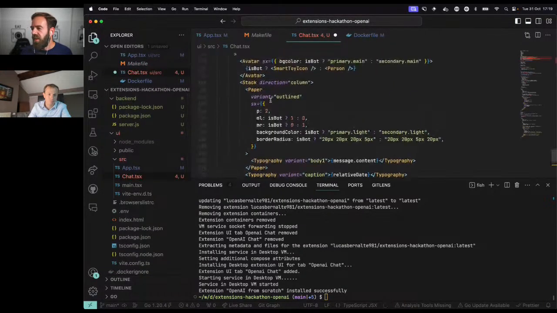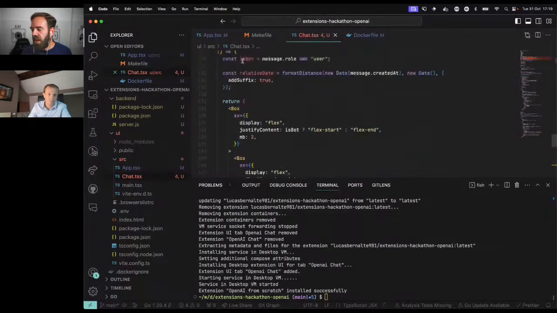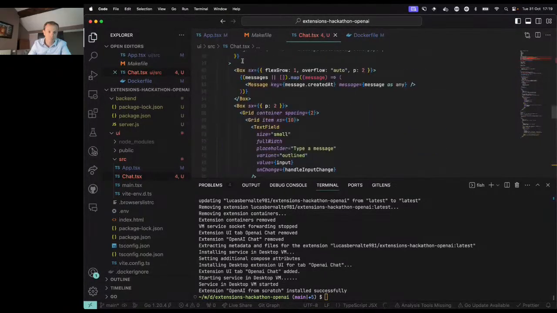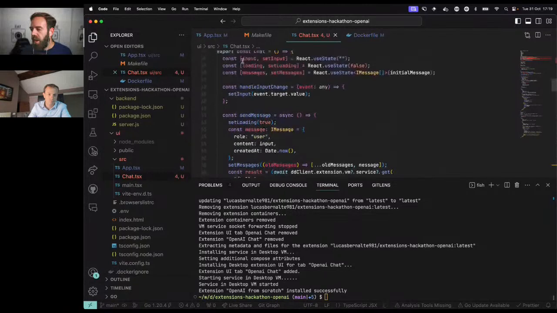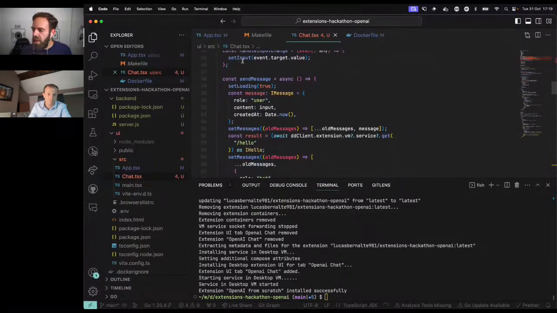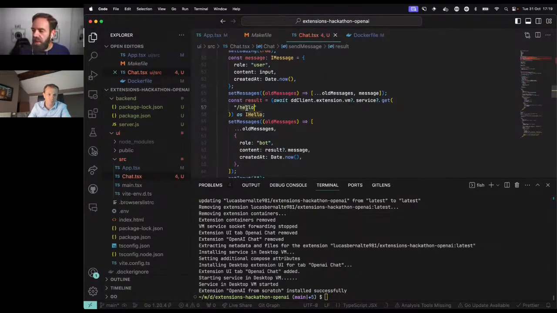But this is a very generic chat component that has some messages, and probably the main thing to highlight is that every time that we send something, we are calling this function send message, which is gonna again consume the hello endpoint that we have in the backend. So we're calling the same thing. We're calling Docker Desktop Client extension VM service get and /hello, which is going to return a hello message.